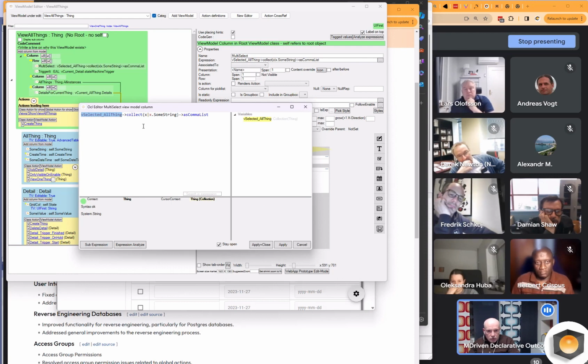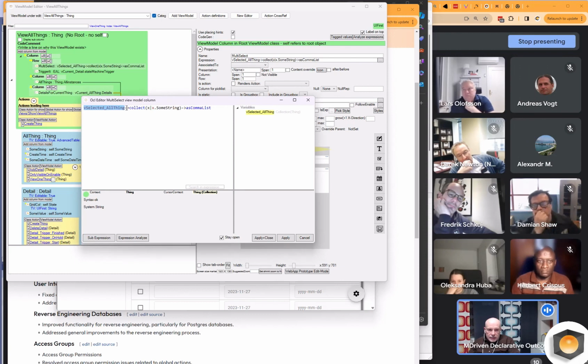So if you consequently use multi-select in your grids, or want to allow that, you should use vSelected all thing collect instead of vCurrent, because then all the actions would work not only on the currently selected, but on the whole set of the selected items.